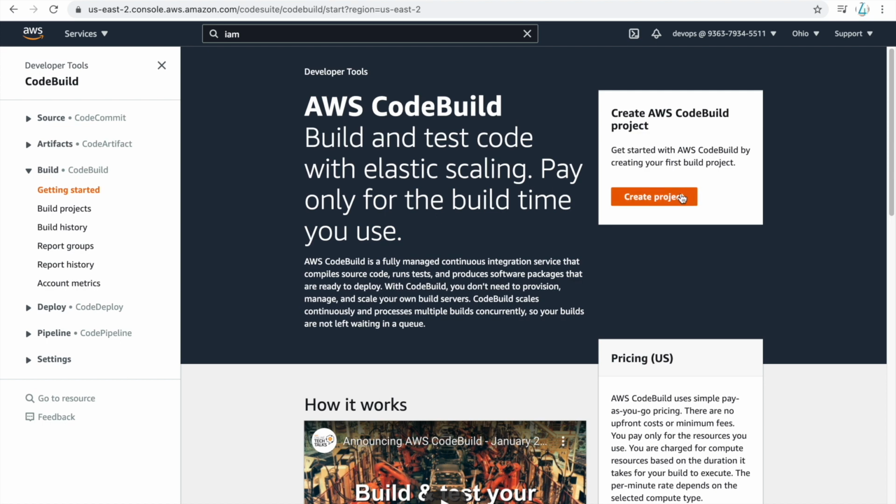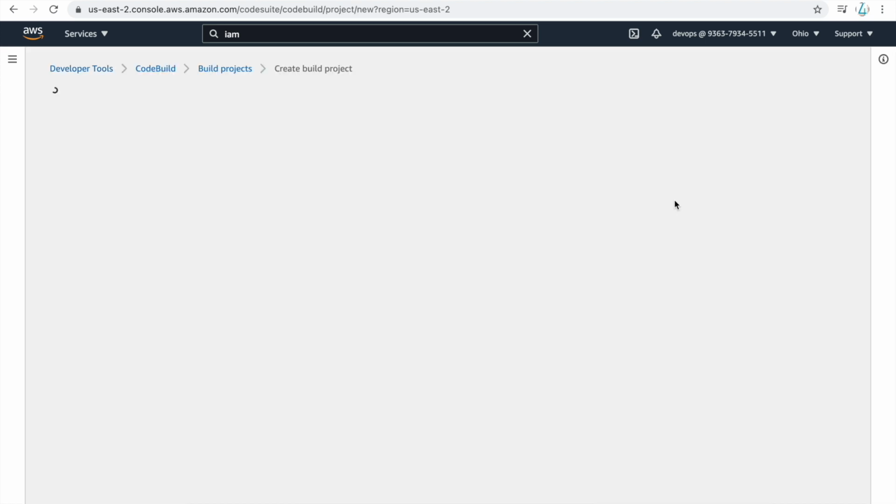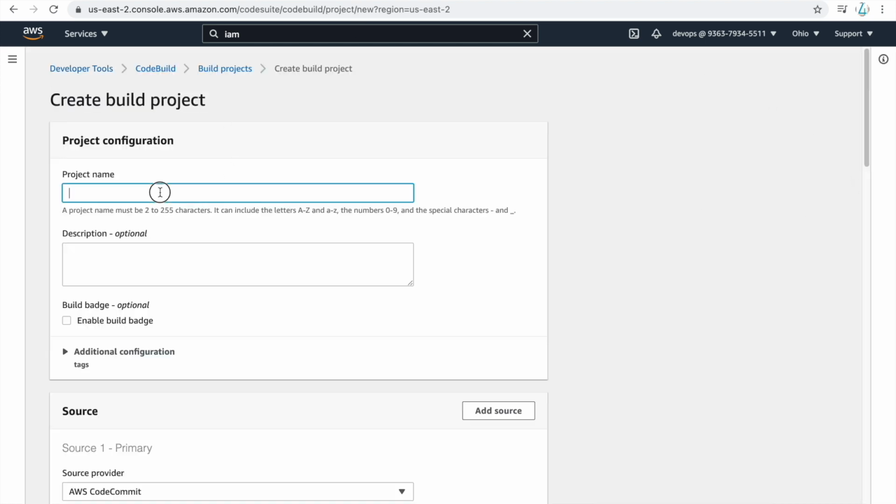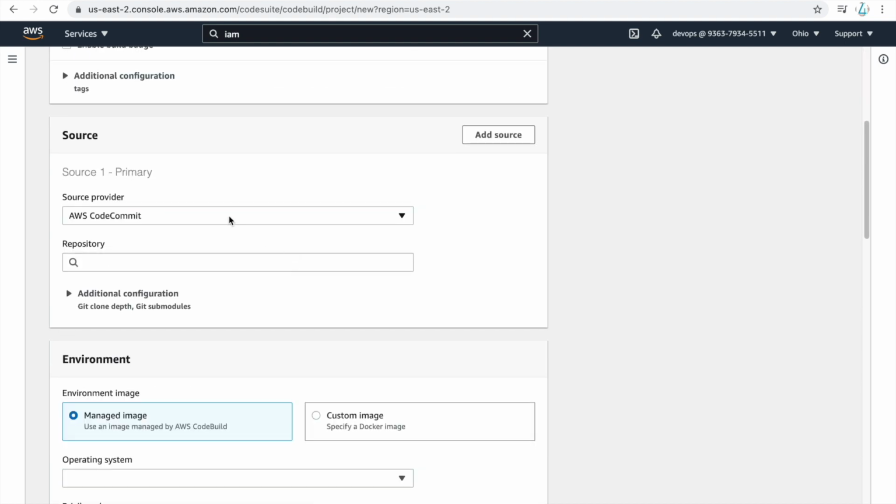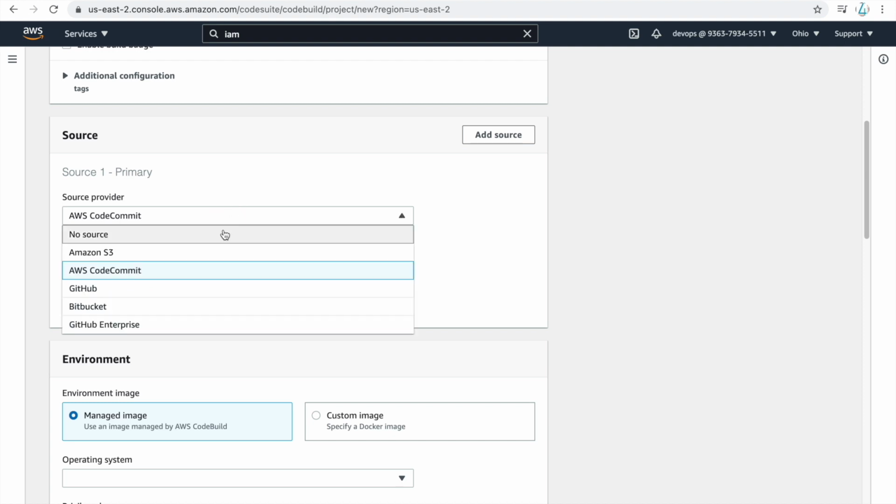For that, the first thing you need to do is create a project. So here you can create a project. You can put this demo-build as the project name, and here you need to provide a source also. AWS provides a lot of source configurations, like AWS CodeCommit. You can configure it with your GitHub also, or S3.